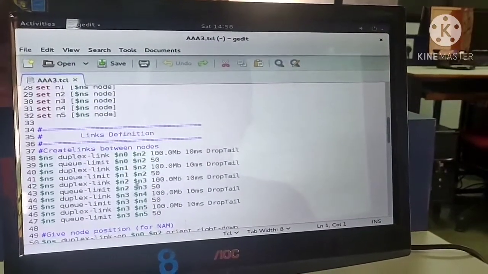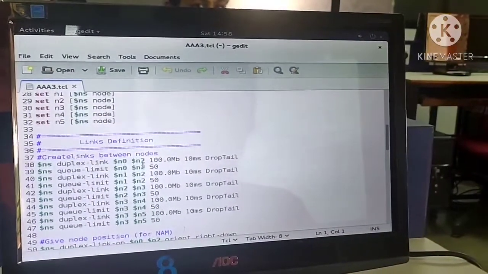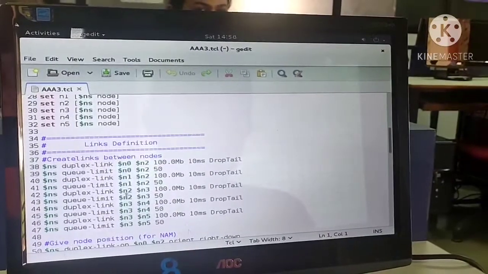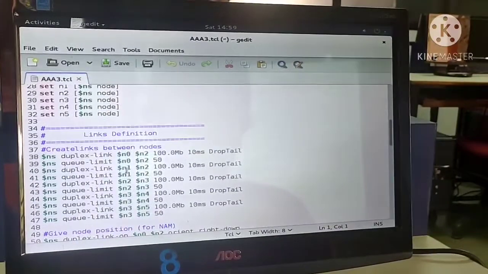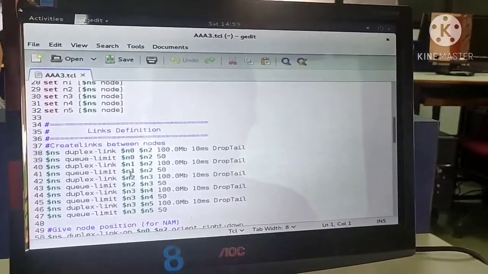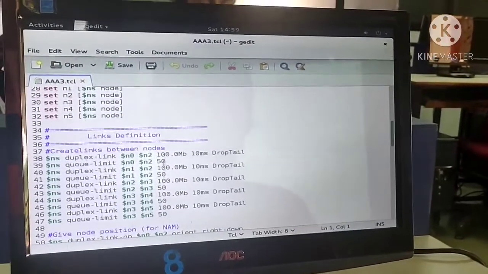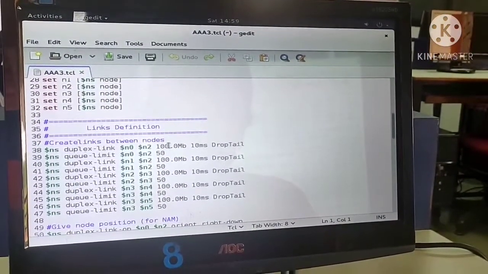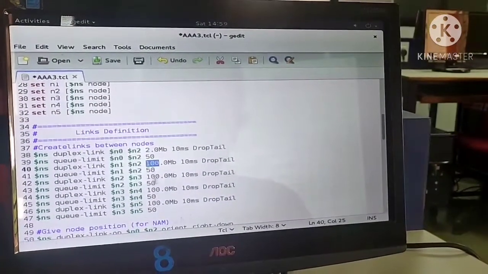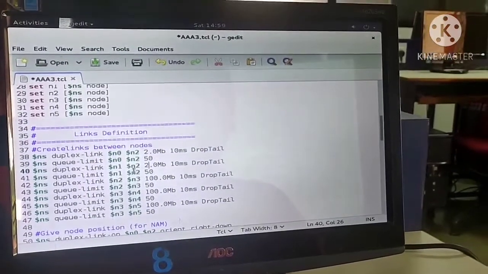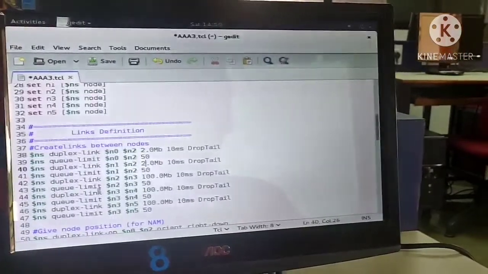Remember, what is my source node? N0 is my source node, N0 to N2, N1 to N2. So N0 and N1 are the two source nodes. In the topology I have taken the same way, N0 and N1 as the two source nodes. So here the bandwidth is set by default, it is 100 MB, here also it is 100 MB. So let me just change this to 2 MB. This also you can just take it as 2 MB. N0 to N2, N1 to N2, and then I have